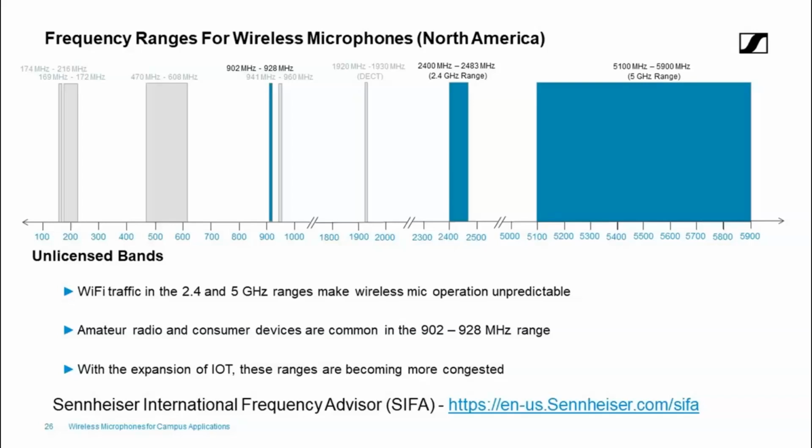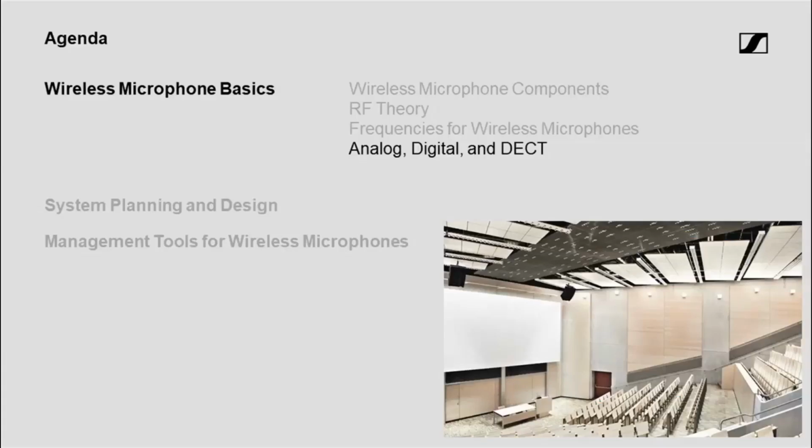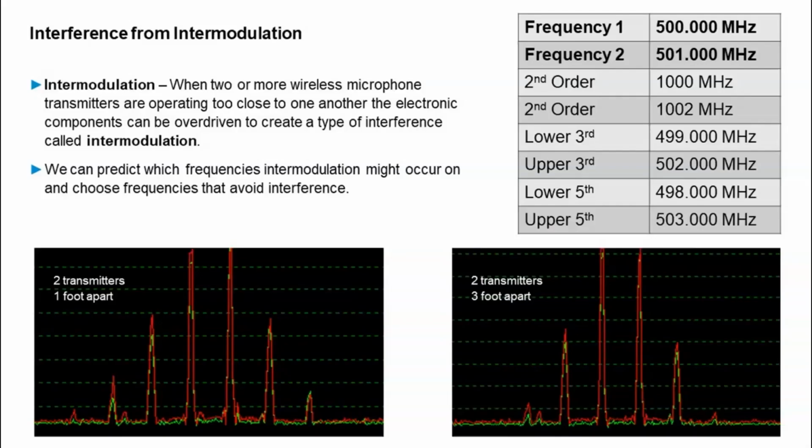Okay, so those are the ranges now. You're seeing some other ranges popping up higher, in 8 gigahertz as well. But right now, this is what you're seeing as most popular in the wireless microphone range. Now let's take a look at the intermodulation, and I'll hand it right back over to Chris.